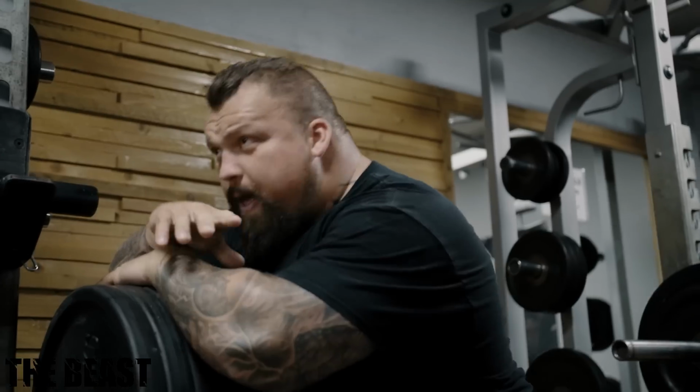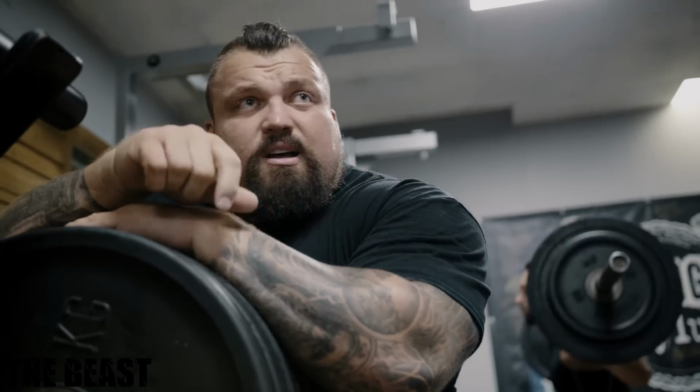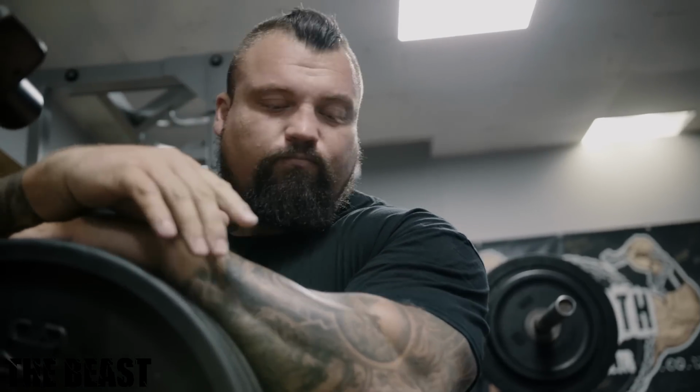That'll do for squats. Not super heavy at all, just a bit of this bar, 230 for 5. Honestly, the way I'm feeling, having not squatted for a month,